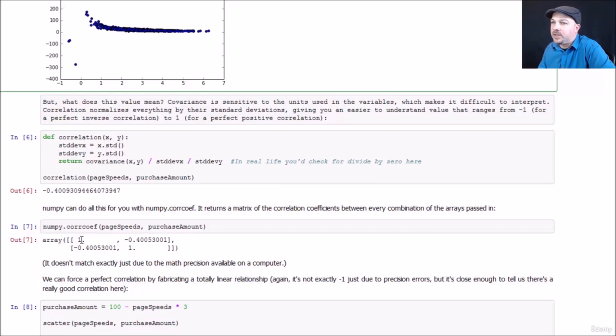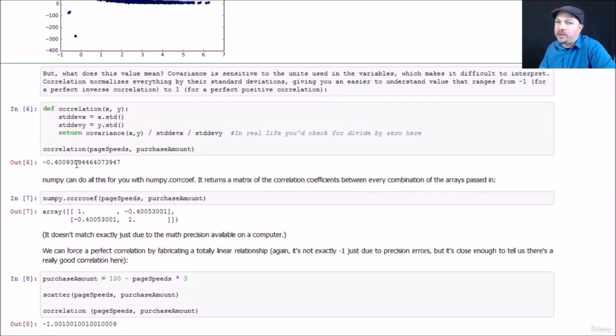So the way to read this is the 1 implies there is a perfect correlation between comparing page speeds to itself and purchase amount to itself, which is expected. But when you start comparing page speed to purchase amount or purchase amount to page speed, you end up with this -0.4005 value, which is roughly what we got when we did it the hard way. There's going to be little precision errors, but